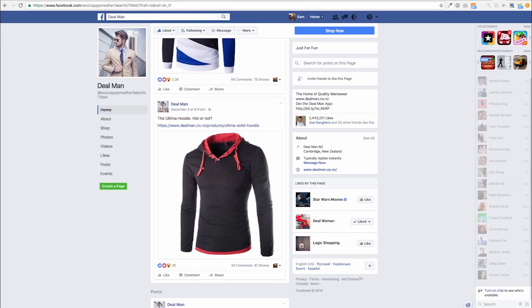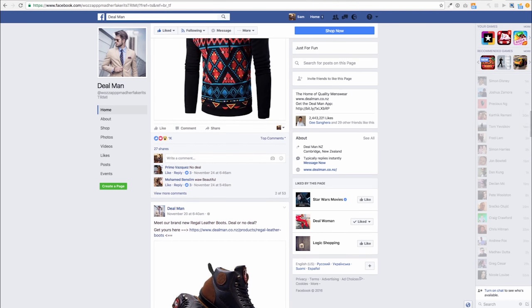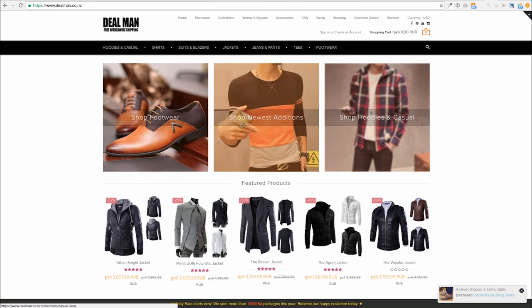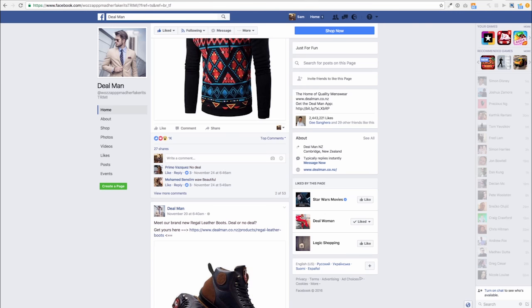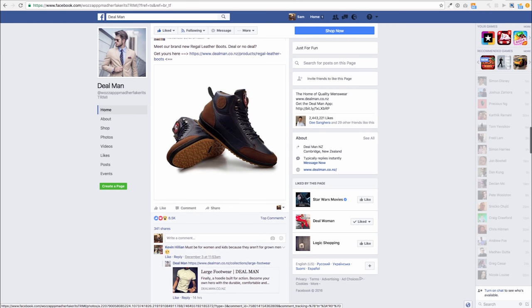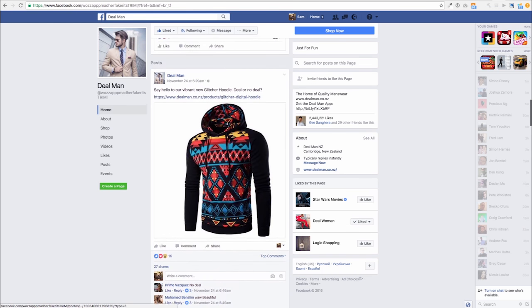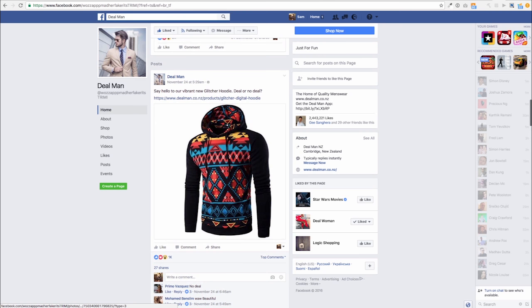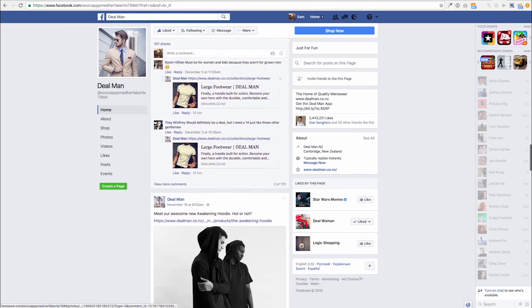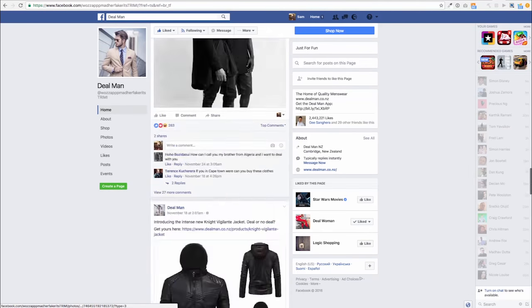Now, if you are using Shopify, for example, and you are advertising over Facebook, what this is going to give you the ability to do, if you own a Shopify website and you generate income from Facebook, it's going to automatically track all of the different products you have and the different ads that you have over Facebook, and it will show you exactly how much money you're making, which is really useful. So, say for example, if Dealman, this is a Shopify store that does really, really well, if they're doing some advertising, then what will happen is that these